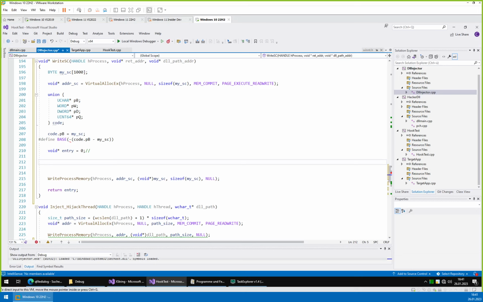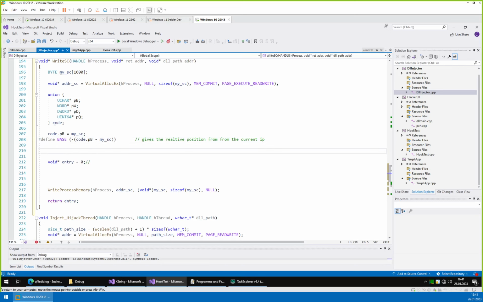So this will give us the relative address from the current position to the code base. Why is it complaining? Open, open, close, close, that should be fine. Define base, Abstand. Yeah. Okay, so one thing we want to store into our code block will be